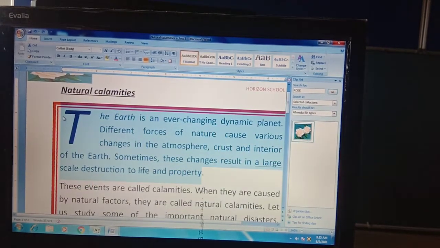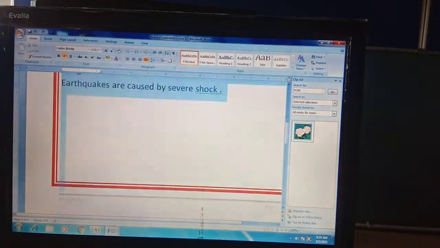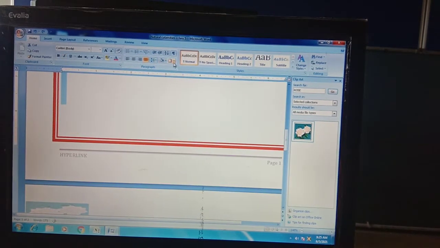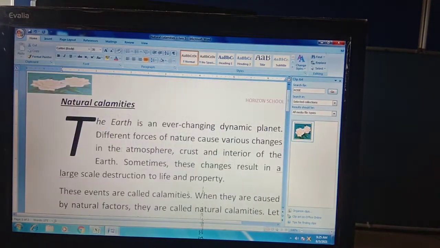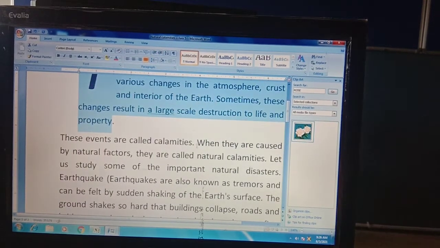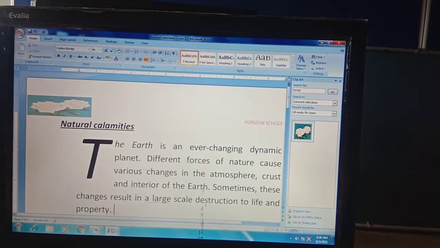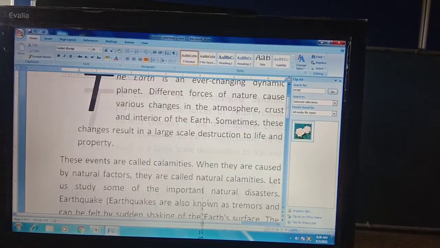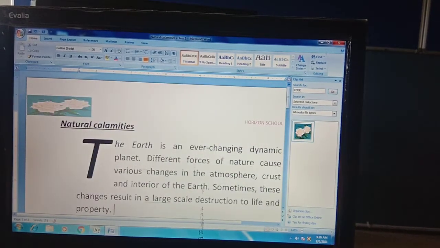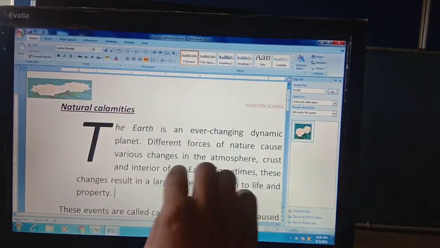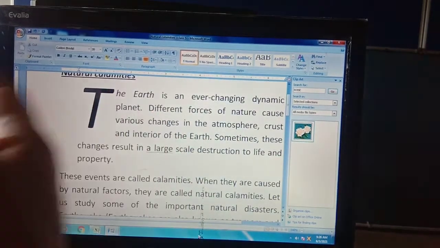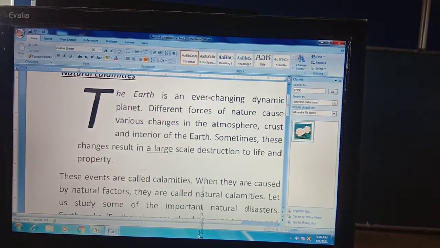Clear to everyone? First of all, I am just making its border, no border option. See, now let me show you the difference of indent. See, the difference is there. This is basically for giving attention to a particular paragraph. It means this paragraph is now looking very different to other paragraphs, na? So that's why it is used for making attention.